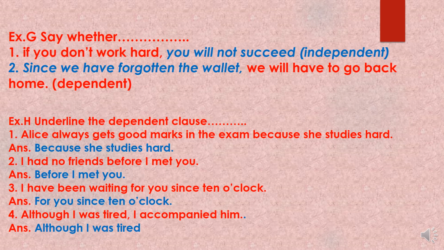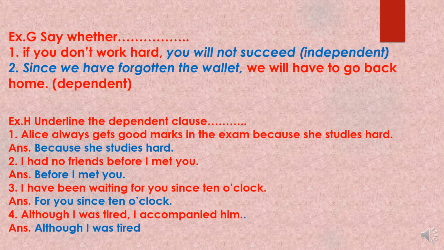It depends on the first part of the sentence, I have been waiting, to make a complete thought. Although I was tired, I accompanied him. So although I was tired is the dependent clause because it depends upon the